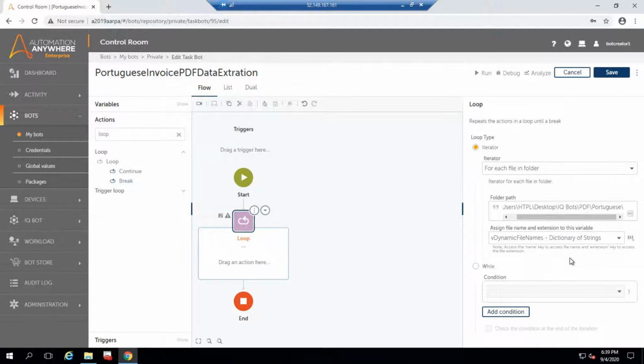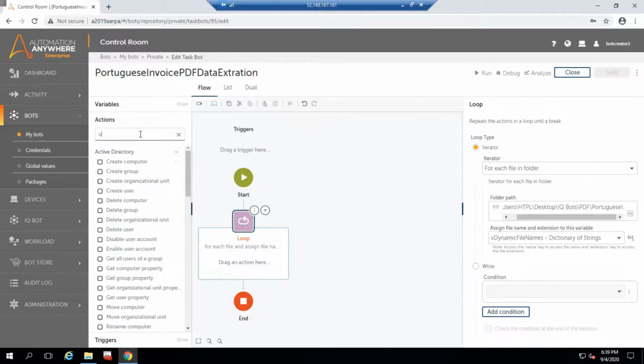To retrieve the specific file name, so basically when you create a dictionary variable, the values are going to be stored as key and value pairs. So when you want to extract the particular name of the file, you can use this as the key, and when you want to extract the file extension, you can use this key. So the key will be name for the file name, and for the extension, the key will be extension, right? So what I can do is let's save this,